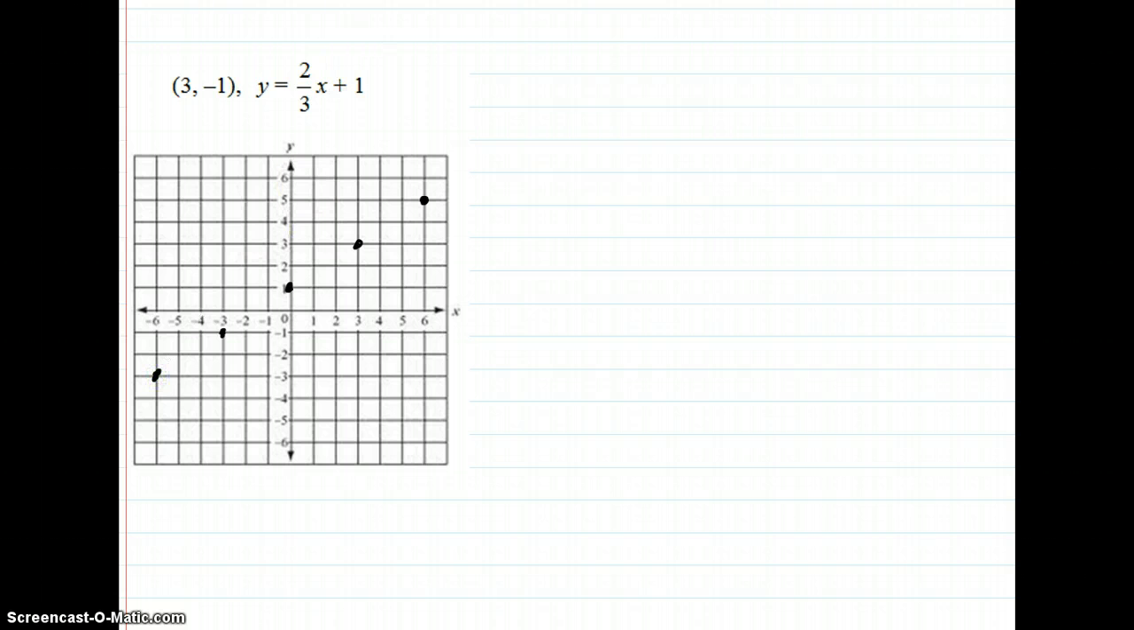Now let's insert a line. Okay, so there's our first line. That's the y equals 2/3 x plus 1. And so we want it to go through this point. So we're going to graph that point first. 3, negative 1. And so the slope of this line is m equals 2/3. And so the slope of our perpendicular line,